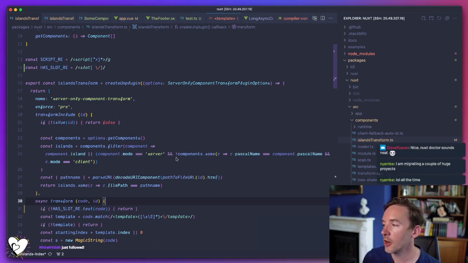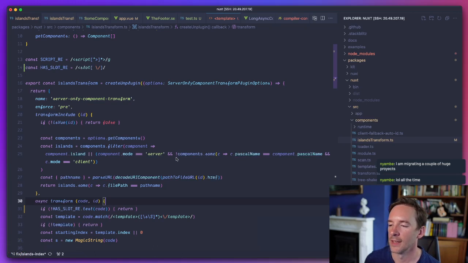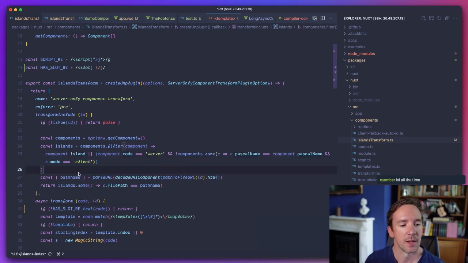And in general, I wouldn't just submit PRs to use my own stuff in Nuxt. I think I would want other people to buy into that first. Do you know what I mean? It's not just me. There's a whole community of people on this. But maybe I should submit it.